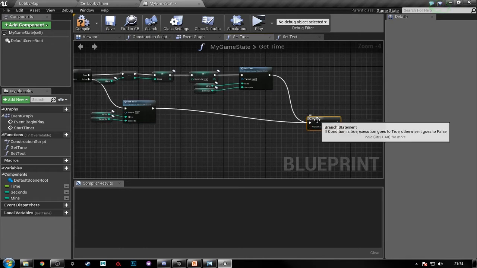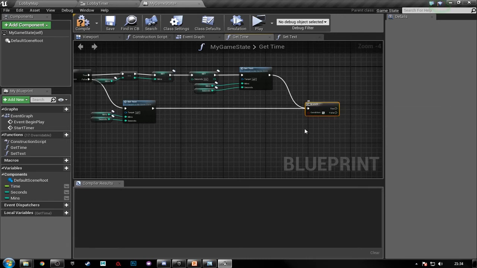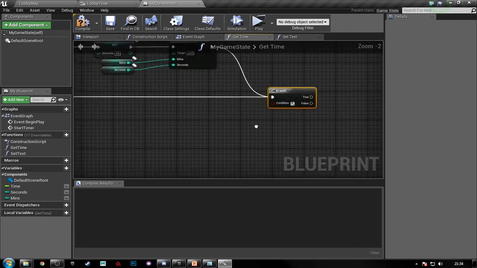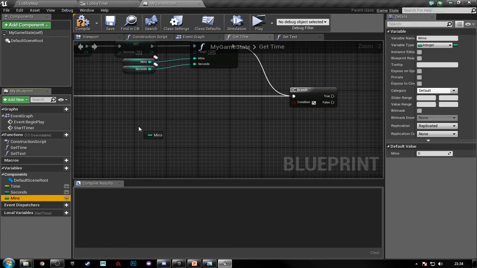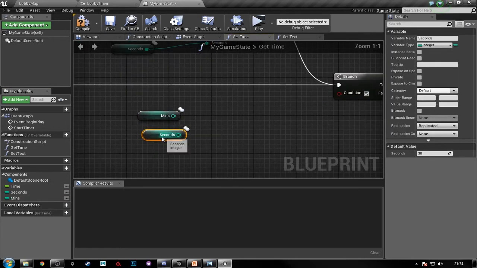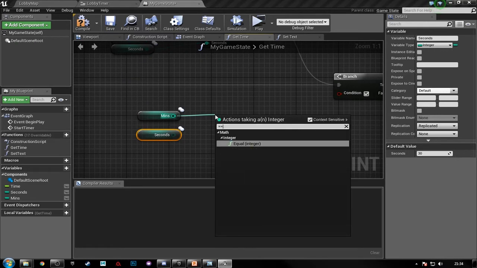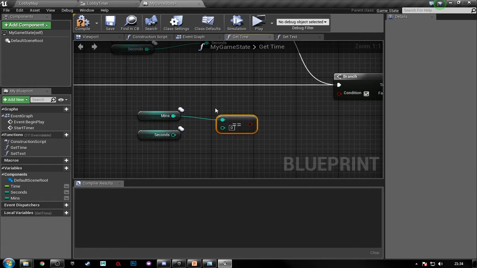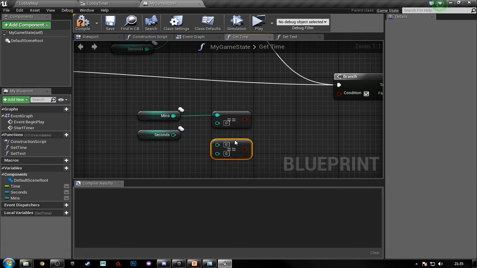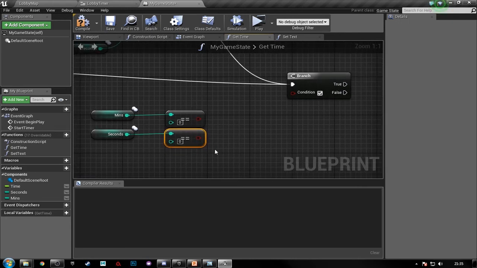And from this branch we want to check is our minutes and our seconds equal to 0. Okay, let's just duplicate this down. So if both are equal to 0,